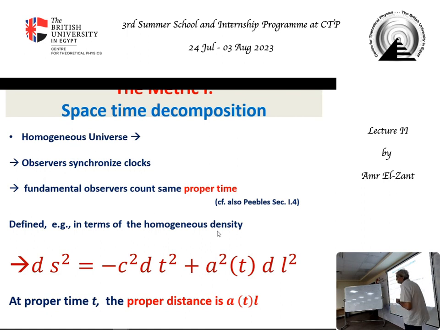Now, if dl squared is just dx squared, dy squared, and dz squared, and a is 1, this is just a Minkowski metric, flat. Okay, so there are two curvatures here, so to speak. One connected with the time evolution, roughly speaking, and the other connected to what this thing could be. Okay, the dl squared. It may not be flat. May not be simply the Euclidean. It could be something else. So it's not Minkowski. You can define a proper distance similar to a Euclidean distance, but now with the a and with the L that may not be flat.